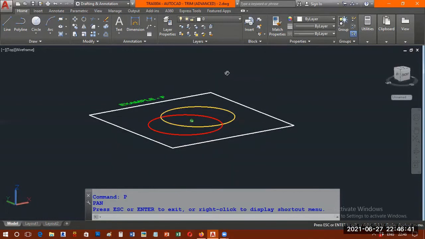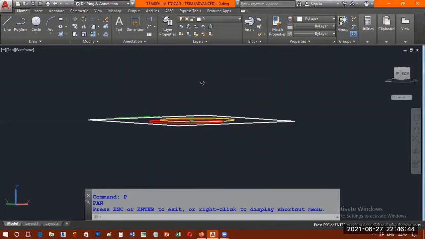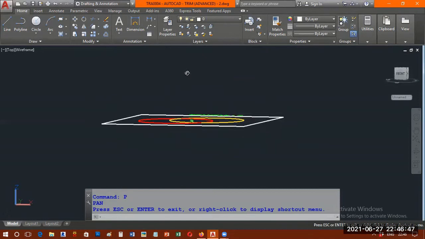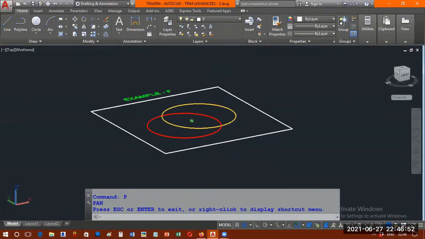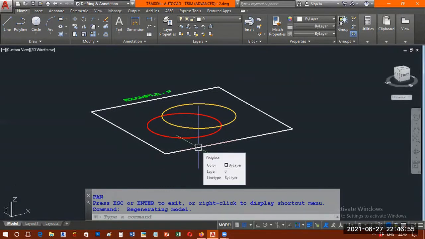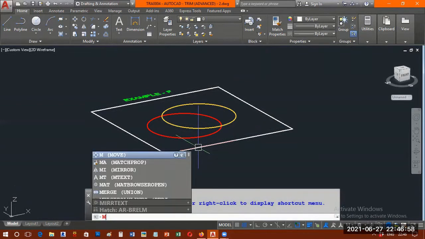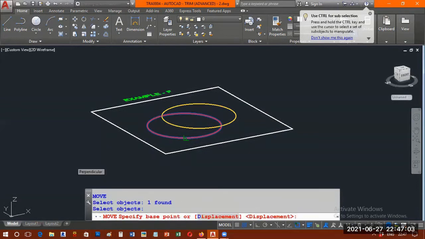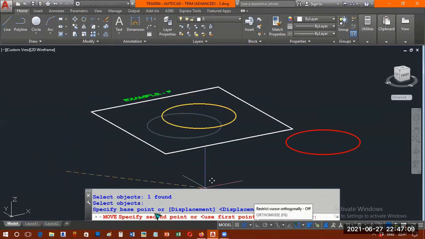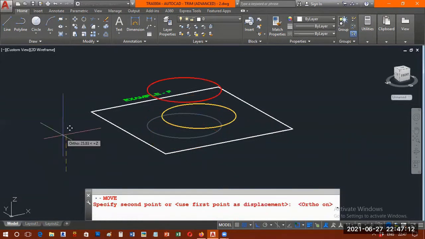You can see both the circles are in a base, nothing but the ground floor. Simply saying, all drawing falls on the ground floor. Now I wish to move this red color little up. M enter. M enter stands for move command. I select the red circle, enter. I click somewhere outside, doesn't matter. Somewhere outside here, but make sure F8 is on. Now I'm making sure I'm moving just in the Z direction, positive Z, plus Z. Little height. I'm not worried about the height now.